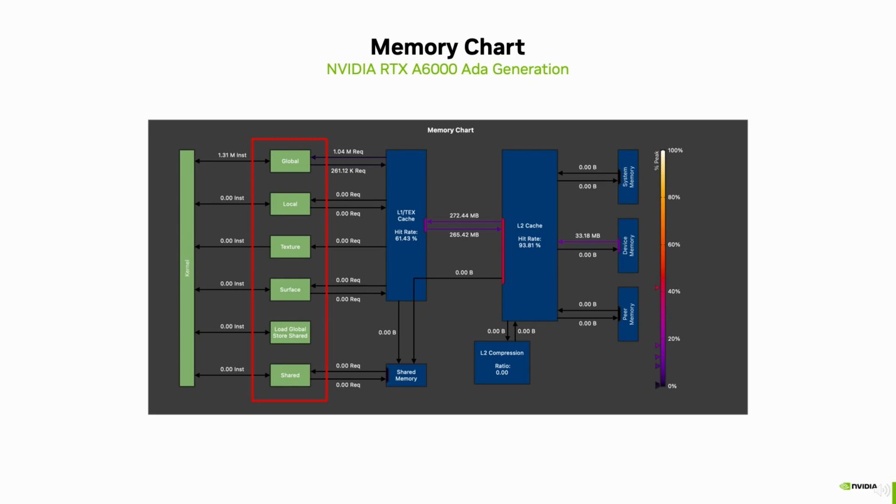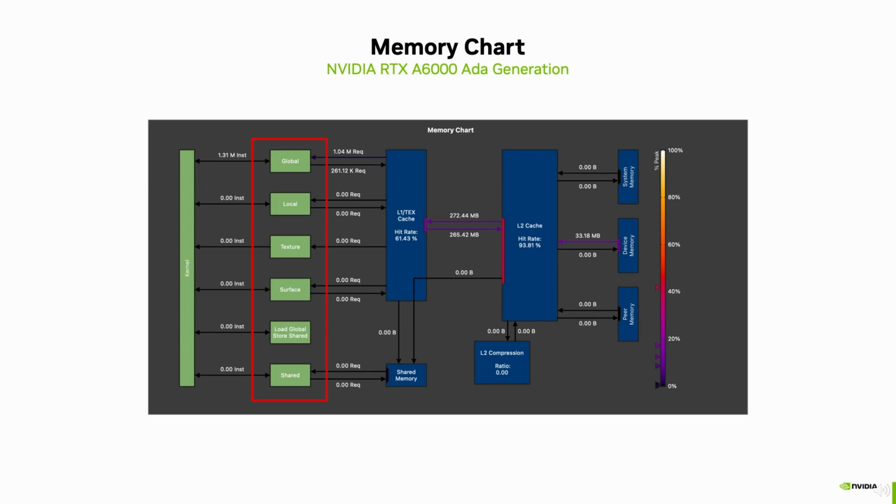Finding the origin of those local operations can be done using this address space column of the memory chart, or by using the source page of Nsight Compute and looking for LDL and STL instructions. The usage of this source page will be covered in a separate tutorial. Looking at it can be very helpful to identify the exact line of code that is responsible for this local access. All absolute values that we see in the memory workload analysis chart are shown in the table below,